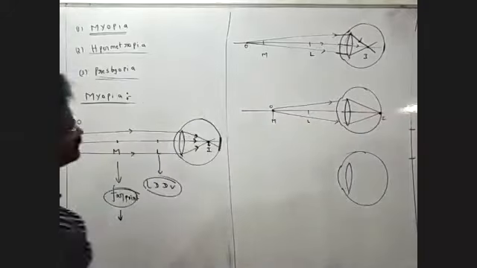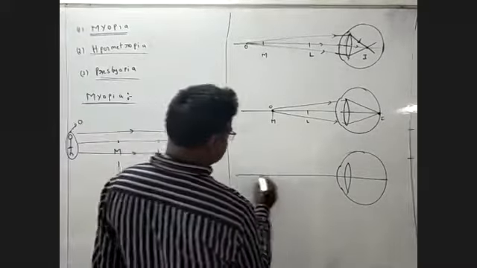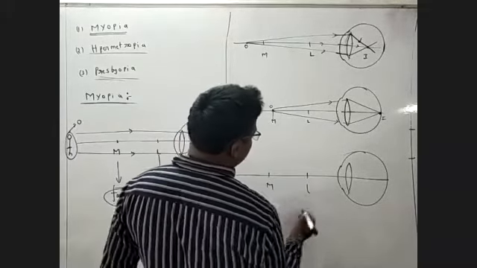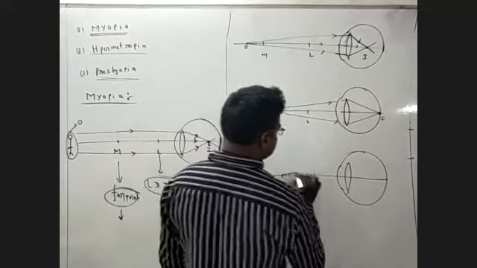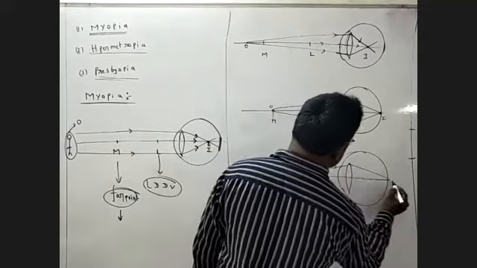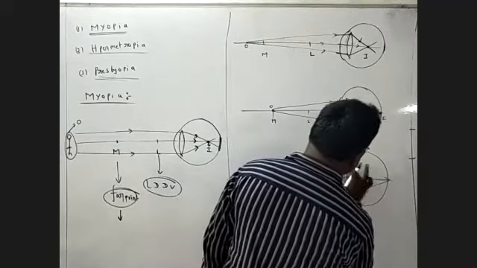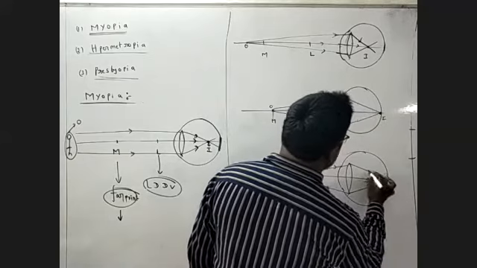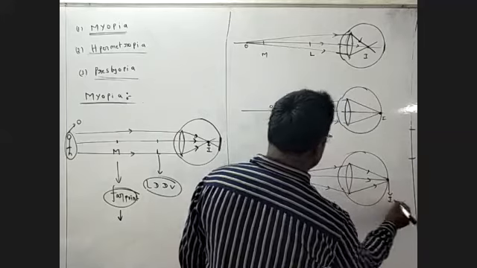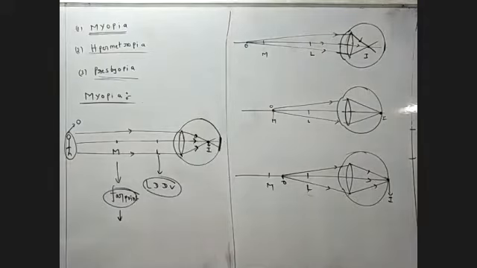One more example. So now this is the principal axis. This is the M point. This is the L point. So the object is placed here, and it passes the ray straight here. It is converging at this point. This is a ray passing. It strikes here. It is converging at this point. All rays meet at this point. The image forms on the retina. This is the object. So here you see clearly.